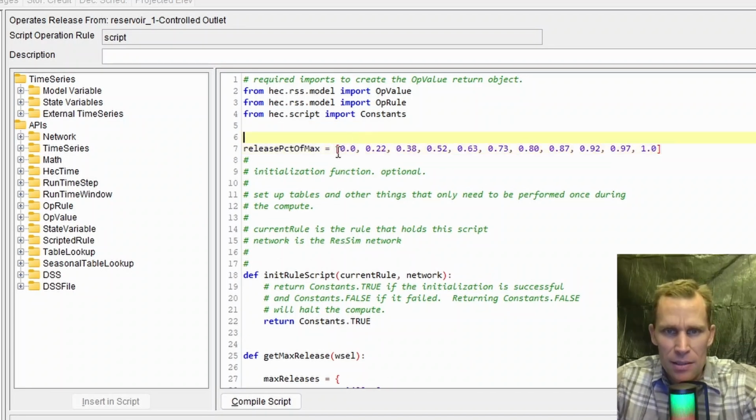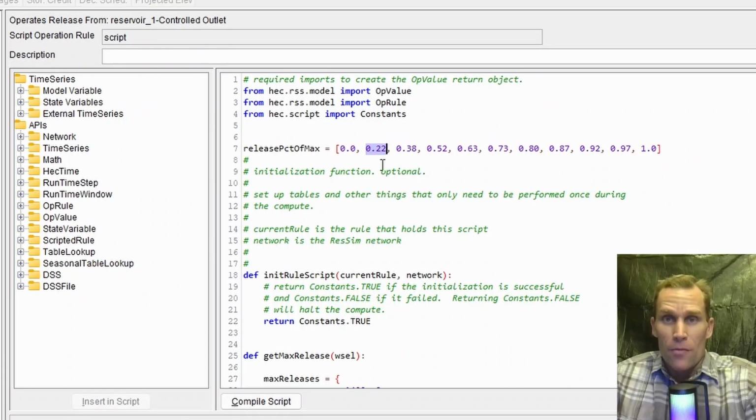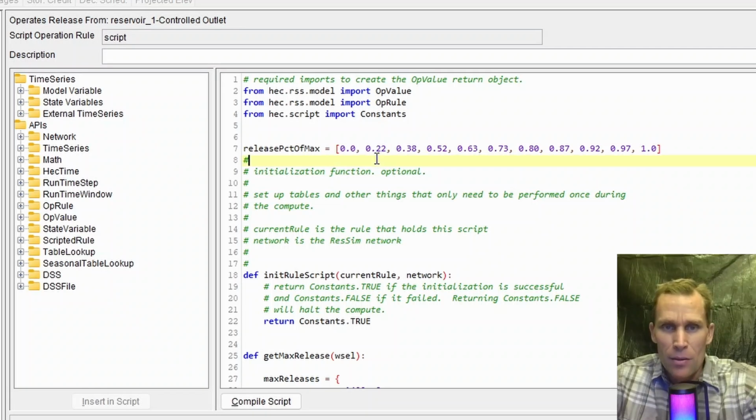And what this says is the first record is the percent of max that would be released if the gate is 0% open. This is the percent or decimal of the maximum release if the gate is 10% open. So if the gate is 10% open, then it will actually release 22% of the max. If the gate is 20% open, it'll release 38% of the max. If the gate is 30% open, it will release 52% of the max. And of course, at the end, it's a 1.0 because if the gate's fully open, it will release equal to